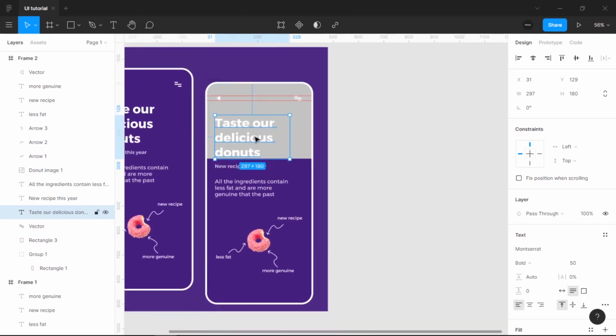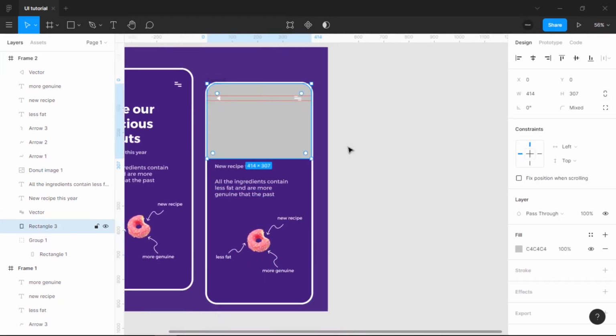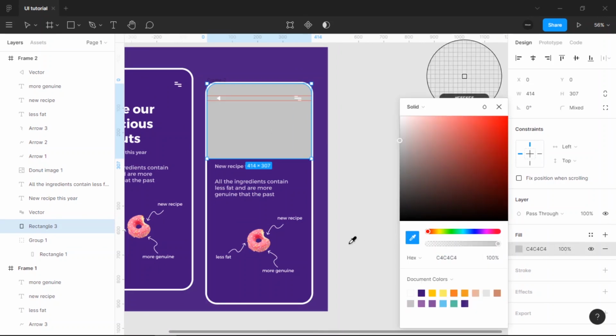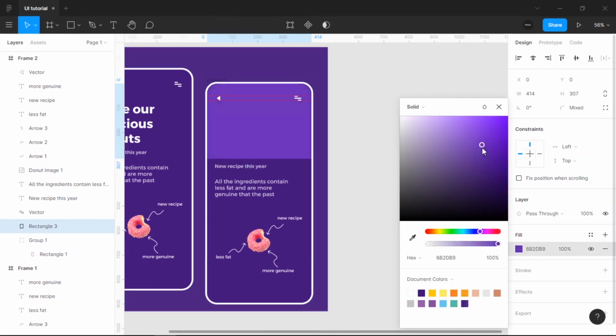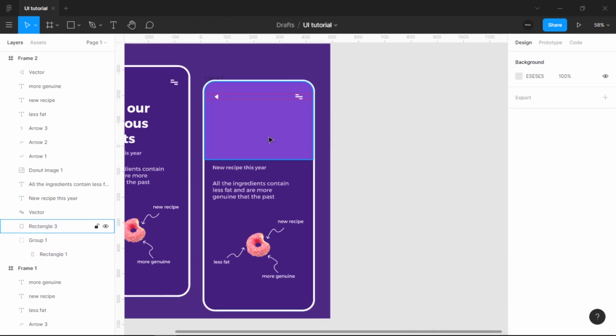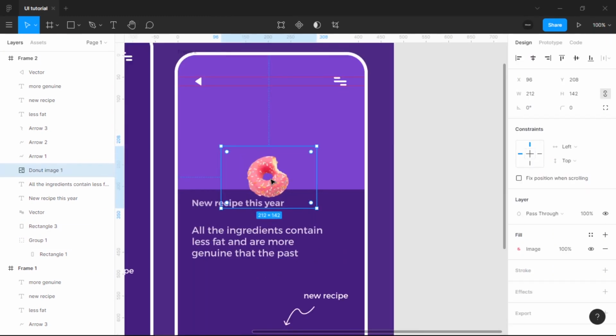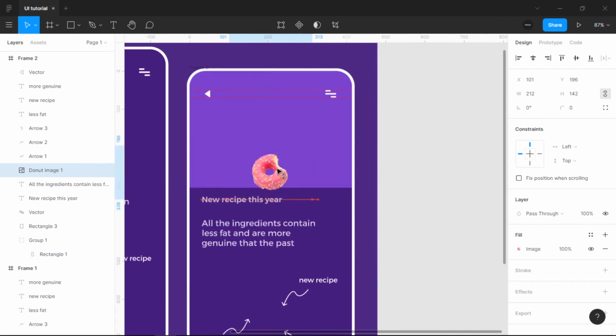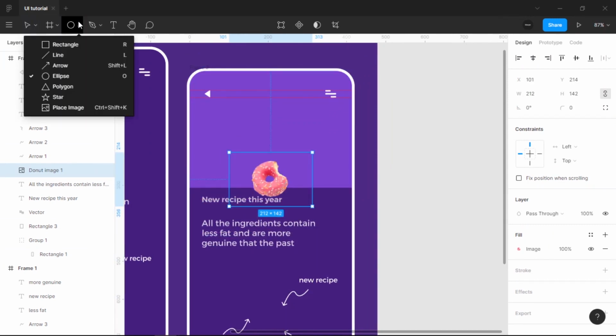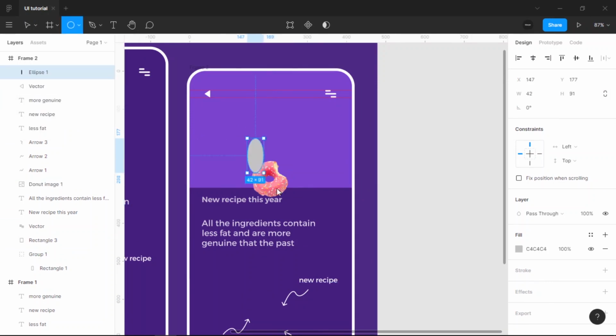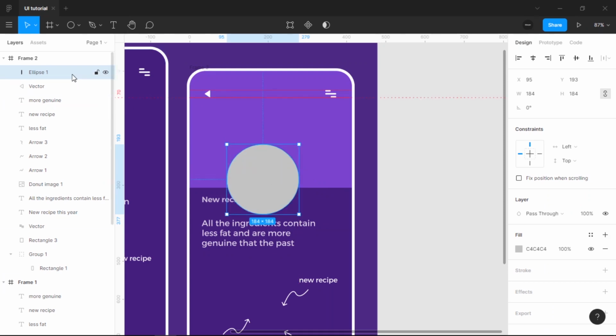we delete the title, then we change the color, we keep this, and then make lighter, and then we put the donuts here, and then we make a circle from this by the letter O, and then Alt and Shift together. We put below the donuts,